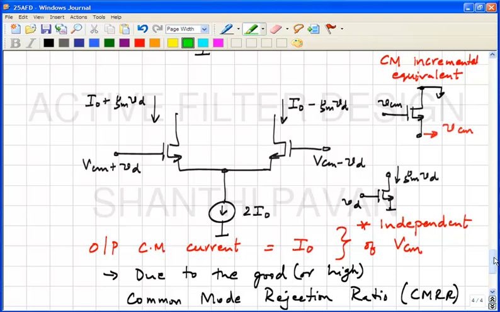Yes. No. If the common mode decides the current, then the current must depend on the common mode, isn't it? Yeah, but in the second case, you are having a higher current source. Which case? So in the differential pair. What operations are we doing? Let me lead you to the answer.